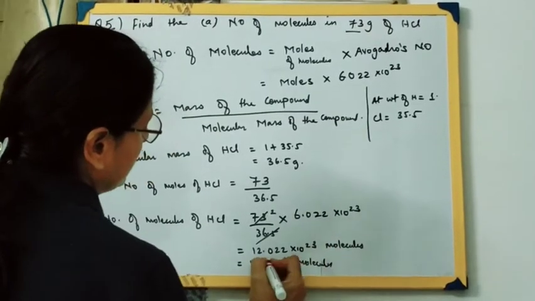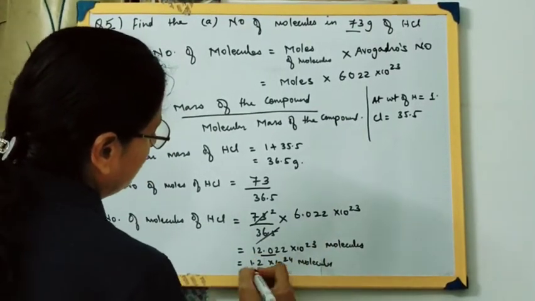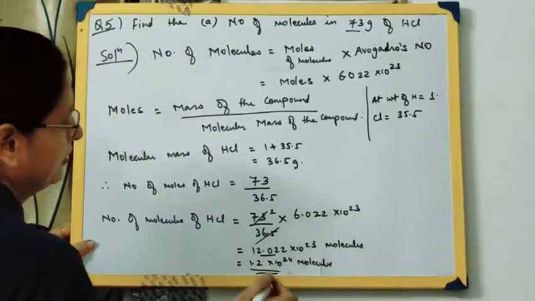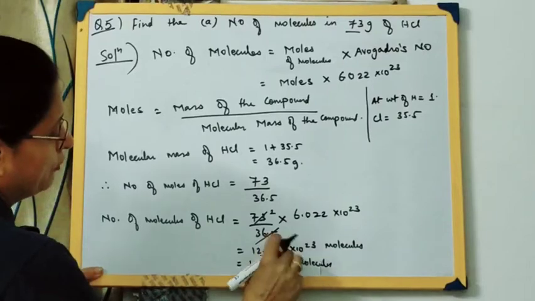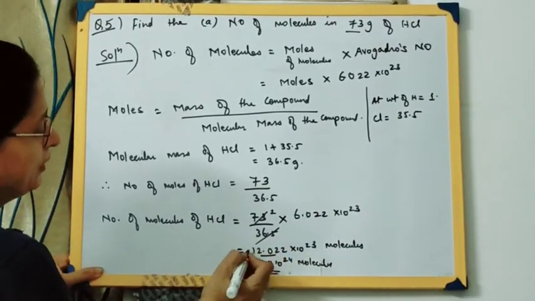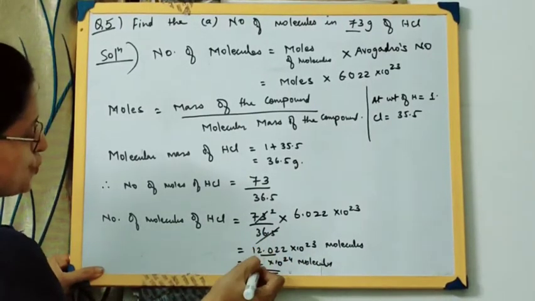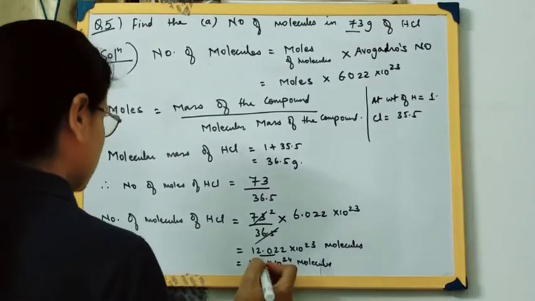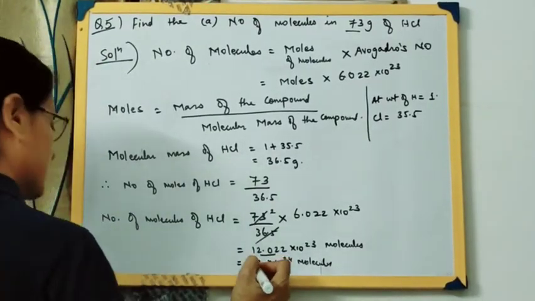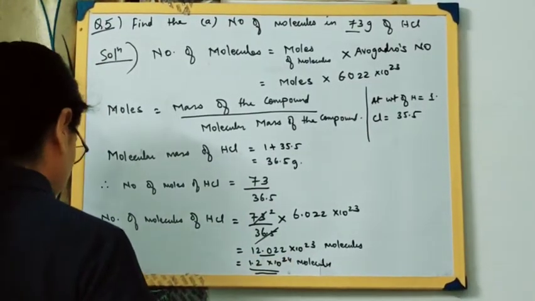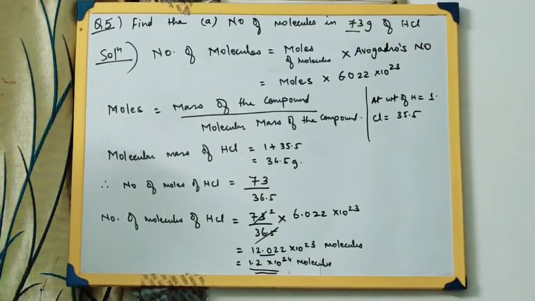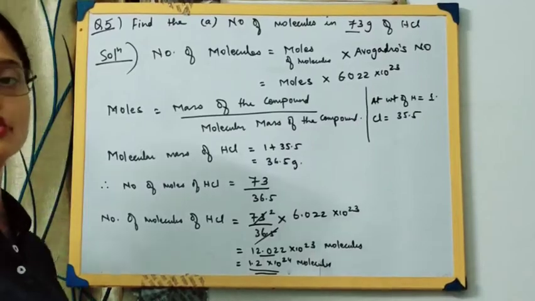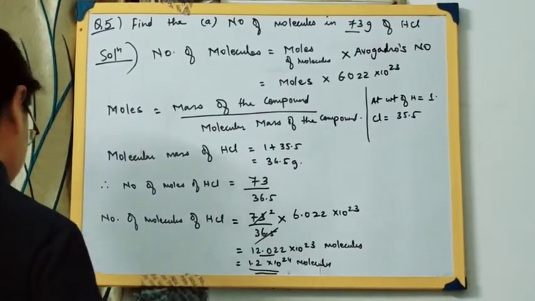Both ways it is right, either you can leave it over here or we can continue up till here. It's better that you continue up till here, because writing down so many numbers of molecules is cumbersome. When we shift the point, the next number is 0, so we can just neglect it. So we can write this in a better way, that is 1.2 into 10 to the power 24 molecules. So this is one way of solving the numerical. You just copy it down and then I'll show you another way of solving the same numerical.